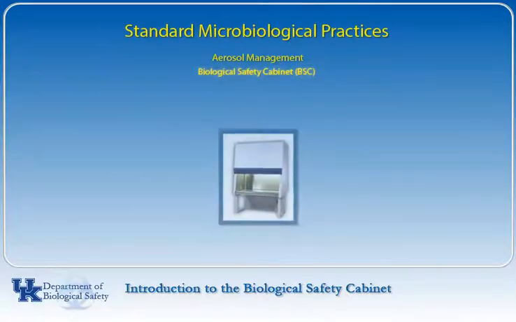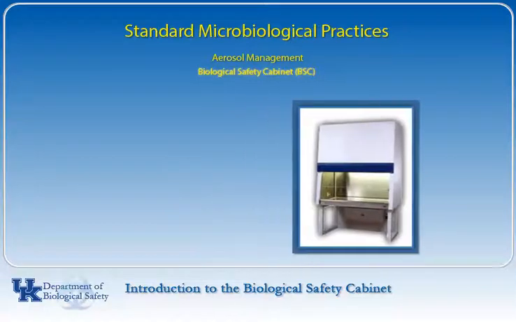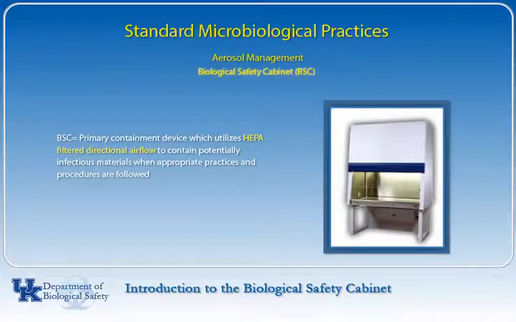Biological safety cabinets, or BSCs, are the primary means of containment for personnel working with infectious agents and other biohazards. The BSC provides protection to personnel, research products, and the environment through the use of HEPA-filtered directional airflow. Knowing how the air is passed through the cabinet is an essential part of understanding the proper use of this